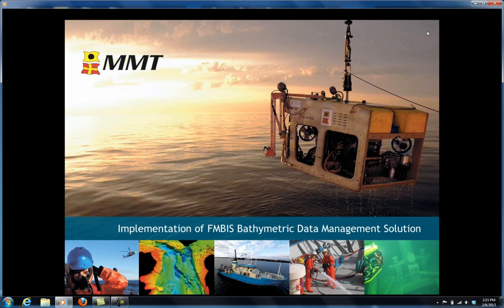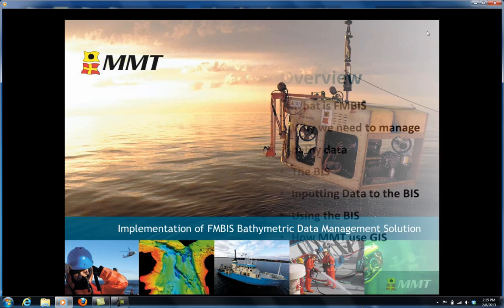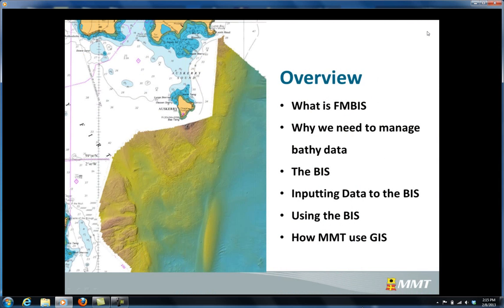This is really about how we at MMT have implemented the FMBIS, but I'm also going to explain what it is and how it fits into the QPS product range. So I'm going to cover what it is, and in my opinion why we need it, and then explain a bit about what the BIS looks like, how it works, and then the nitty-gritty of how you actually input data to the BIS,